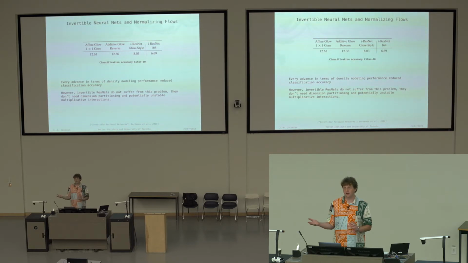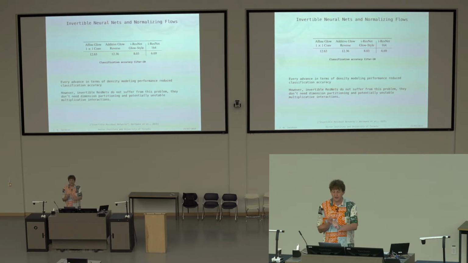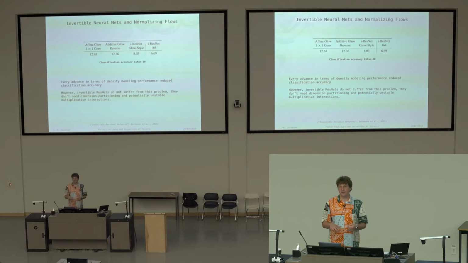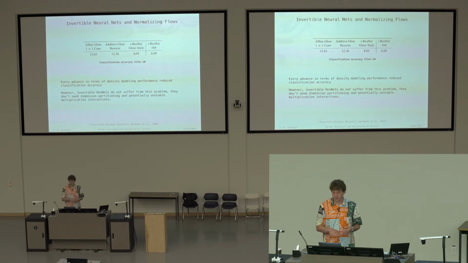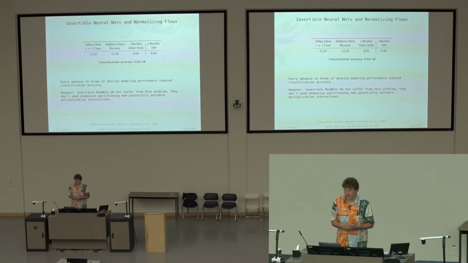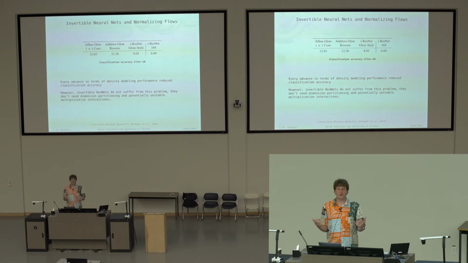And you see in other data sets that it's even more extreme. So basically all these extra tricks, like the 1x1 convolutions, the affine coupling layers, and so on, reduce the classification accuracy more and more if you do supervised learning. And then with the invertible ResNets, we found that that's not the case anymore. Now you have a good trade-off: you have a flow model, and at the same time you have a good discriminative performance.